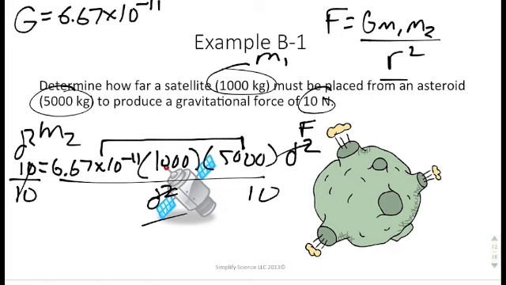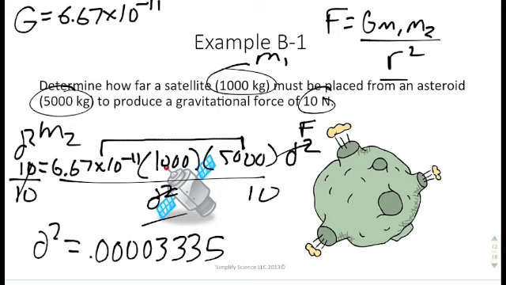So you realize that that equals 0.0003335, but that's the d squared term. A lot of times, for some reason, people forget that this is a d squared term. You don't want d squared, you want d. So you got to take the square root of both sides, and you get that the d is